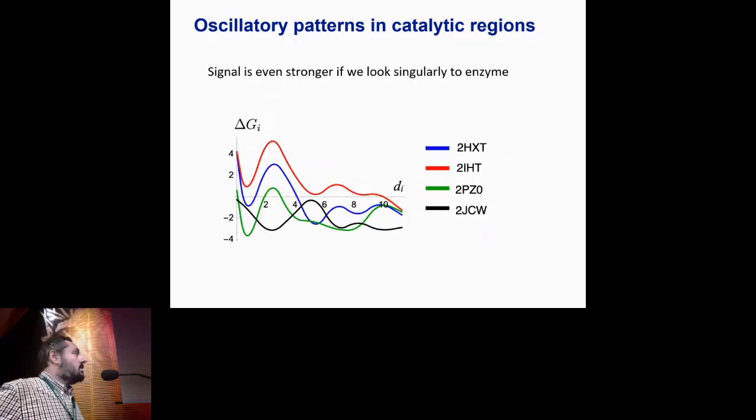But if we look singularly at the distribution of delta G as a function, again, of the distance of the residue with respect to the catalytic site, this oscillation is much clearer. The catalytic sites are weak, but this was already known for a while. Then there is a first shell of residues that appear to be strong, like a sort of compensation, while the second shell of residues is again